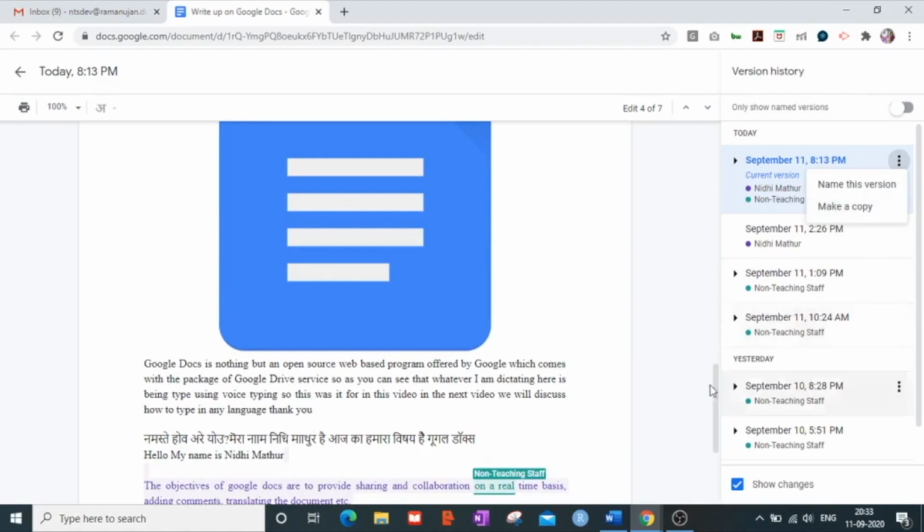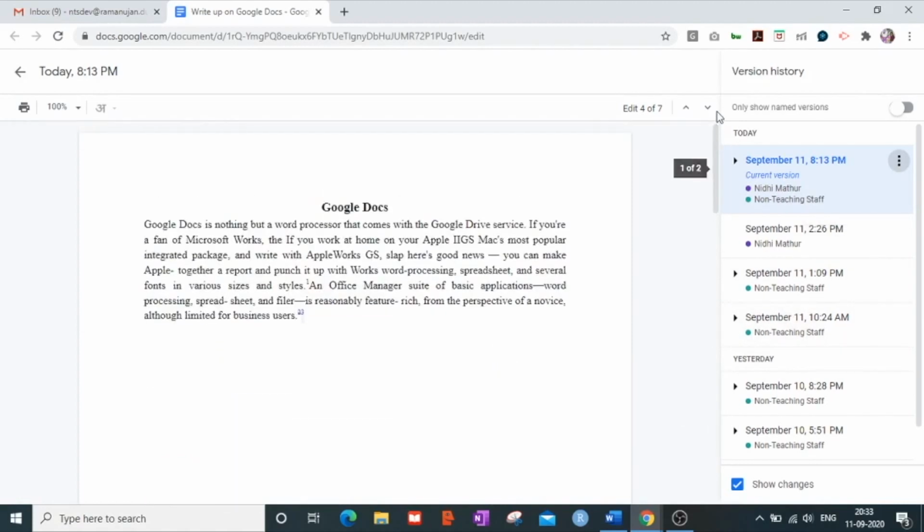So I hope the concept of version history is clear to you. In short, if I have to explain again in a gist, version history is available in case of Google Docs or Google Slides, whatever products of Google are available. And why is it imperative to study version history?